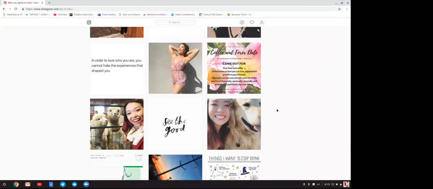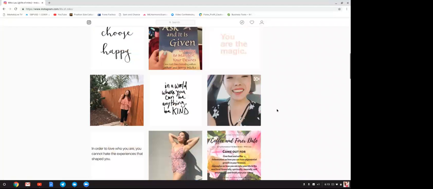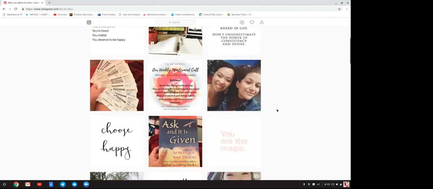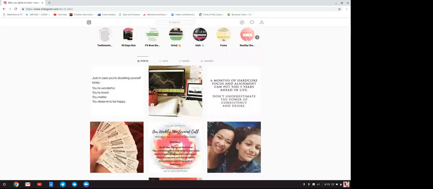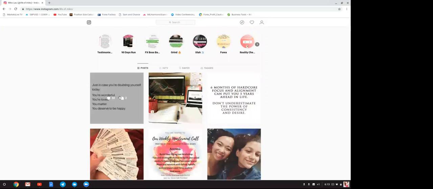And another thing in terms of format, some people are very strict down to the details. They would even do all the fonts the same way. If they're posting a quote, they will use the same font, same color every single time. If that's you, go. It looks nice, but that's too much work personally for me.